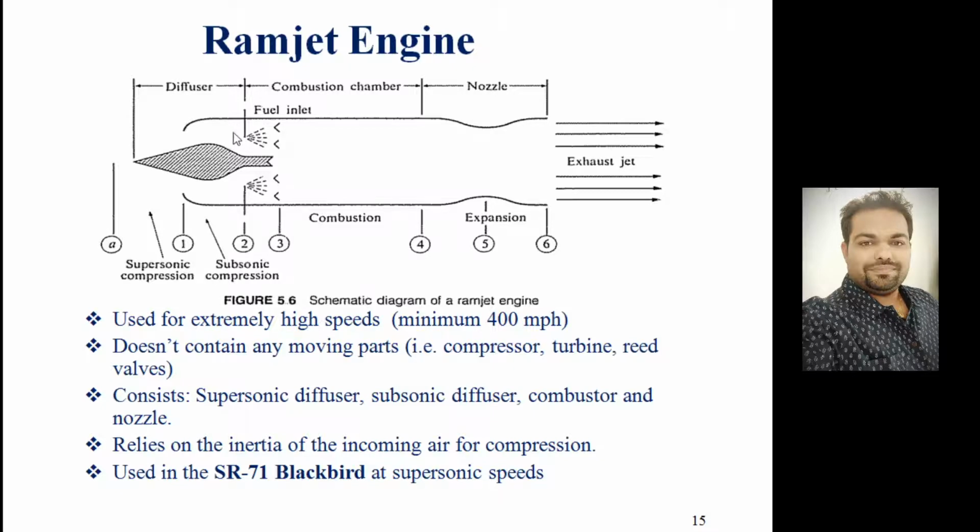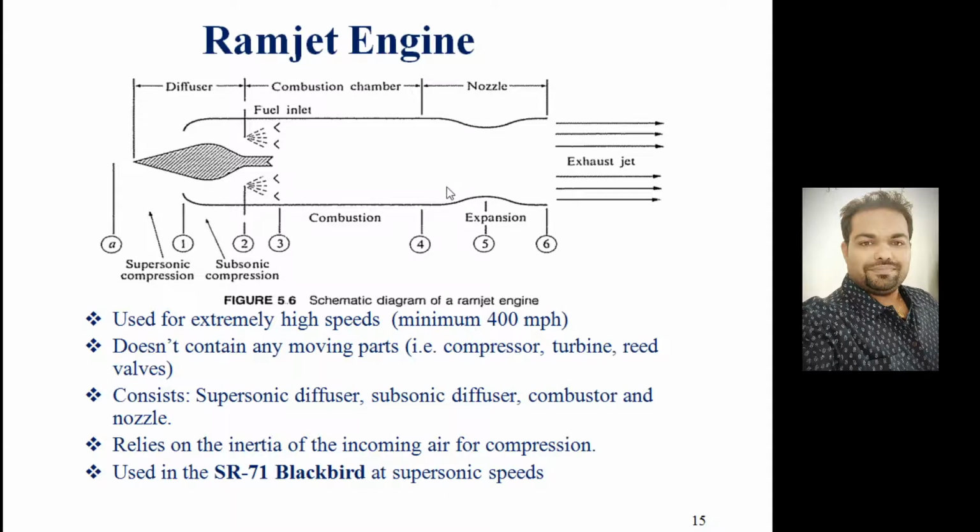Then finally it comes into the combustion chamber, where these are the fuel injectors through which fuel will come. This is the fuel spray. Then this is the flame holder where burning will take place. And finally, this is the nozzle, a variable area ratio nozzle, that is a CD nozzle, convergent-divergent nozzle, by which hot gases will be expelled at very high speed, generating supersonic speed.